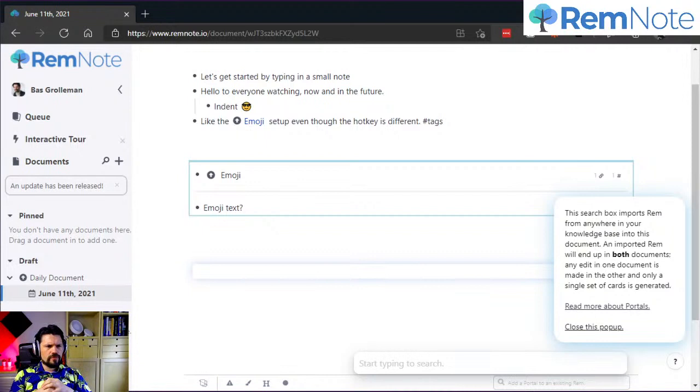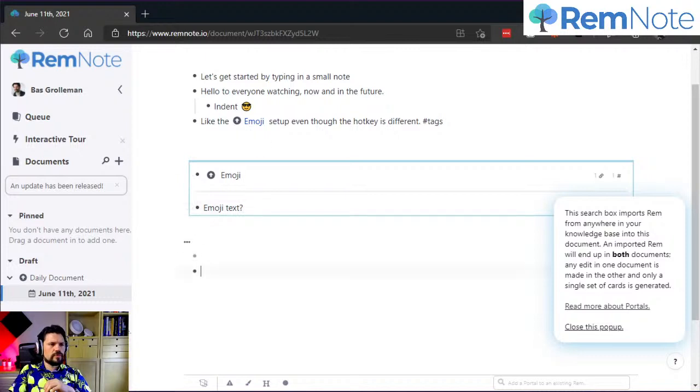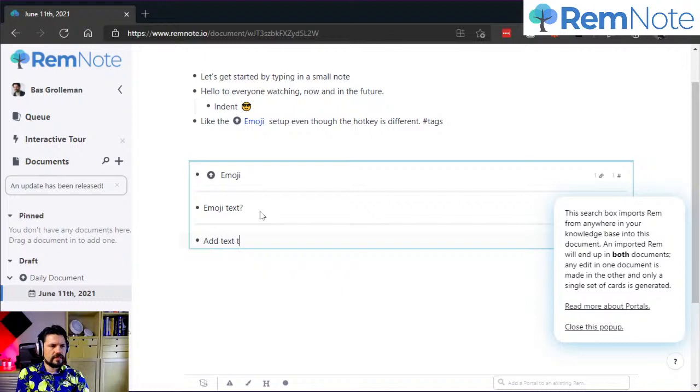Search box imports RAM from anywhere in your knowledge base. In this document, an imported RAM will end up in both documents. Any edit in one document is made in the other, and only a single set of cards is generated. So that would mean that this thing here, which says emoji with emoji text in it, is probably one of those doubles. So if I add text to it,